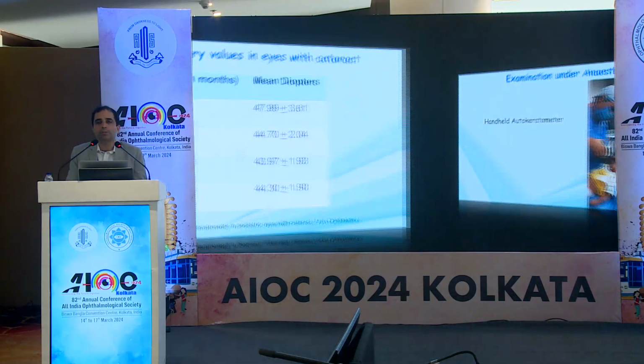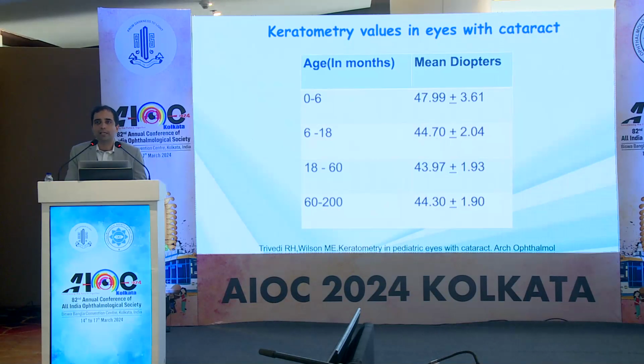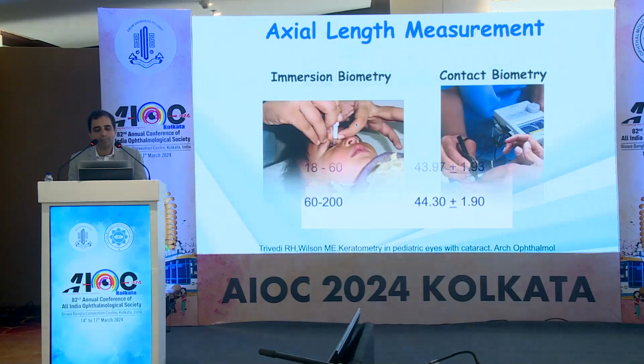And if you're unable to access that or unable to do that, if it's a relatively otherwise normal eye, you can also go for the standard case based on the age-matched normative database that has been published way back in 2008. So it's steeper when the child is younger, and it tends to become flatter as they grow by 3 to 4 years.